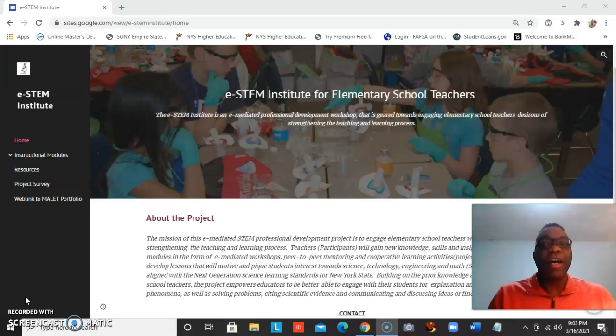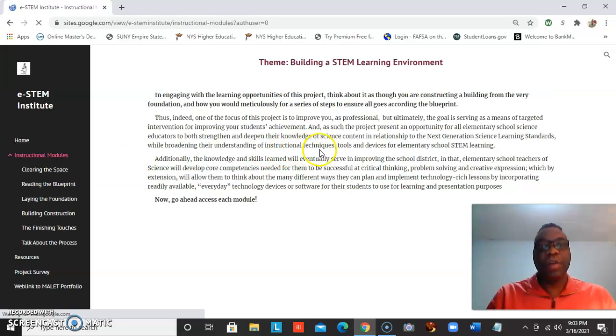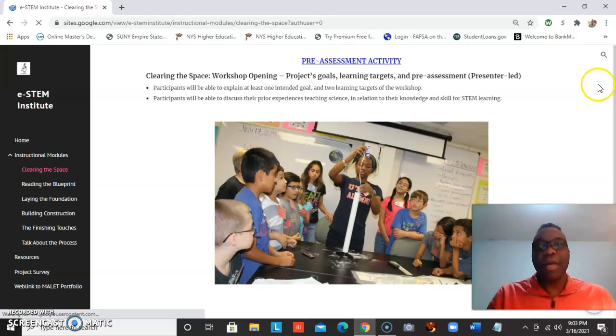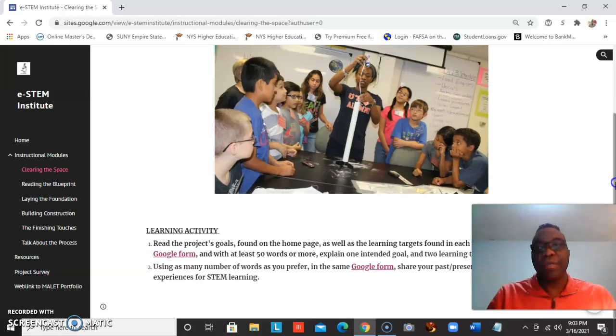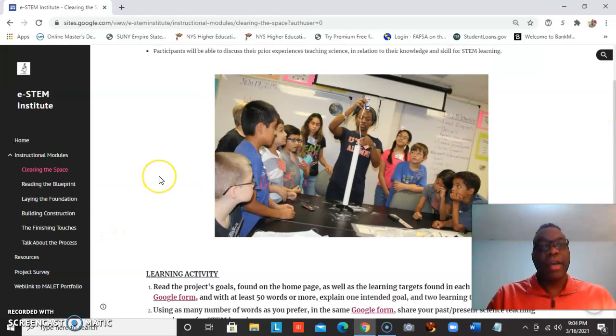Now, productive area, I really enjoyed the creative work of planning lesson activities. So basically, what I did so far is to add different modules. Now, for this module, I was able to create a pre-assessment activity in the form of a Google form. And I really found Google form to be very useful and helpful.